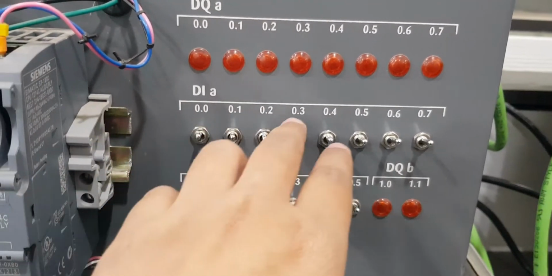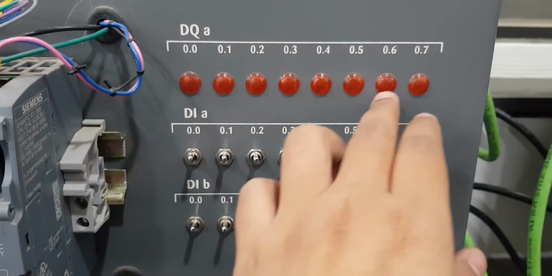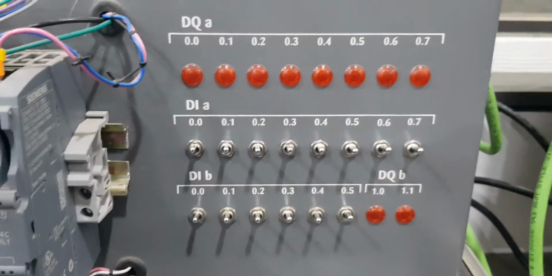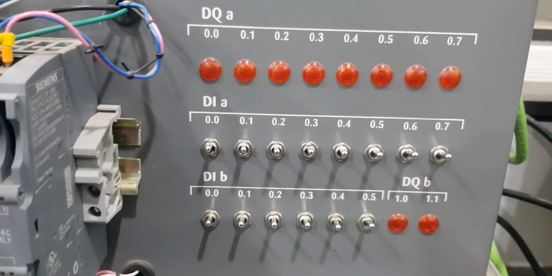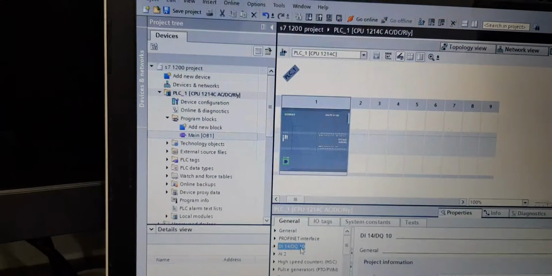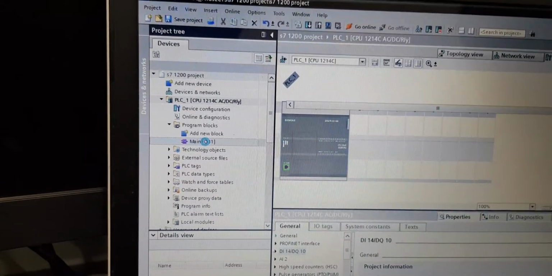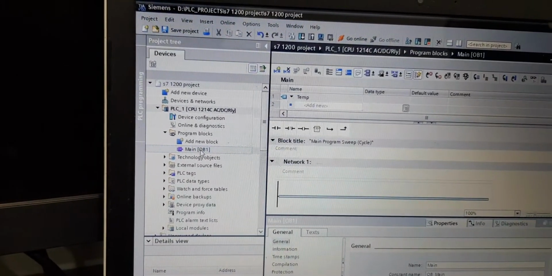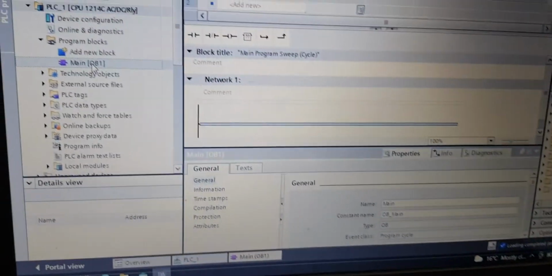Here these are toggle switches, and in place of these LEDs at the output, you may see various types of relay or contact or solenoid or anything. Okay, so let's go to our programming block. Now we have confirmed that we have addressing from I 0.0 for input, and Q 0.something for output.